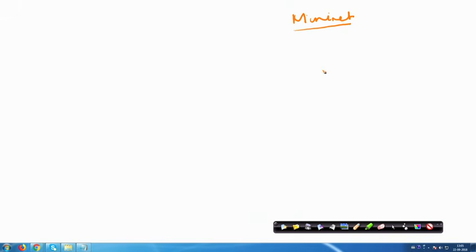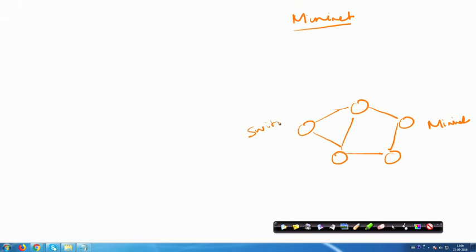So, let us say that we have this Mininet which is going to take care of instantiation of these different nodes. Let us say that these round circles are your different switches. So, these are your switches, right, and